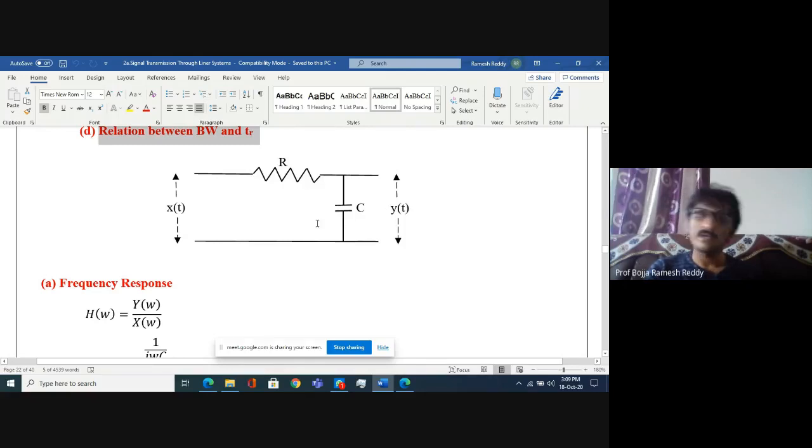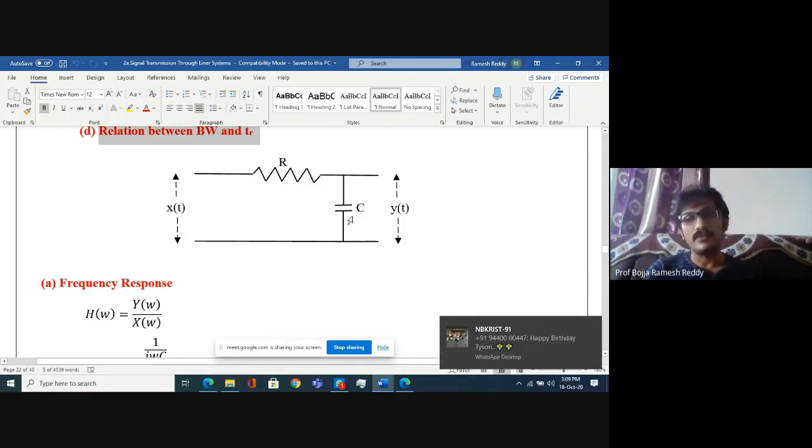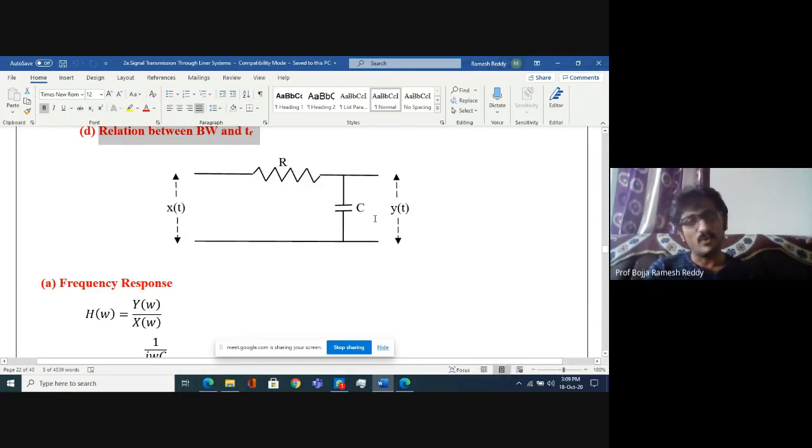If the impedance or reactance or resistance is very high, then that element may be open circuited. A capacitor gets open circuited for low frequencies. If it is open, then whatever input you have given appears across the output terminal. Output is equal to input when the input frequency is low. Meaning, this circuit allows low frequency signals as they are, without any distortion, without any noise. Then coming to high frequency.